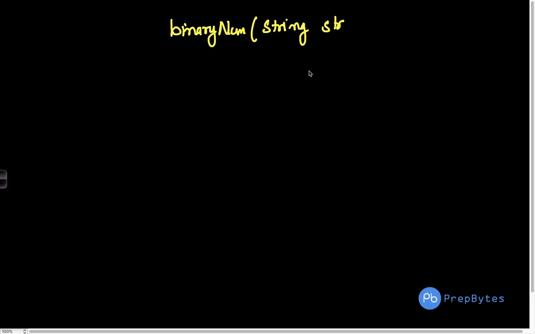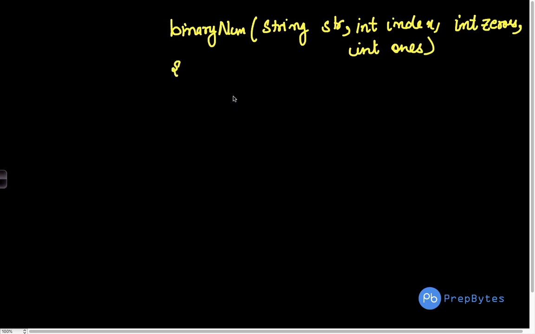We'll do that when we write the code in the IDE. Okay, we have str, we have, let's call it, int index, then we have int zeros, comma, int ones. Okay, so now what will happen is that we will check if zeros is equal to 0,